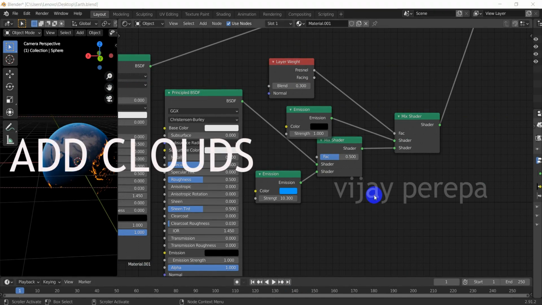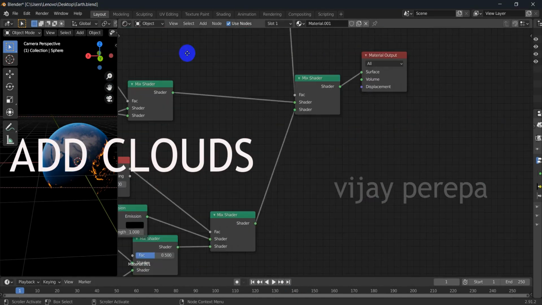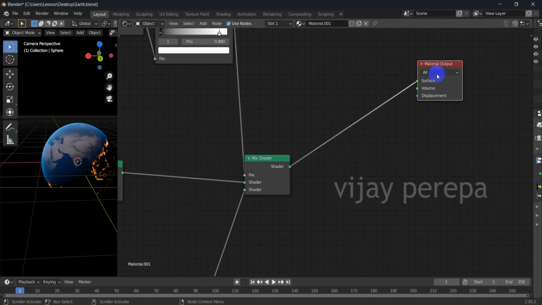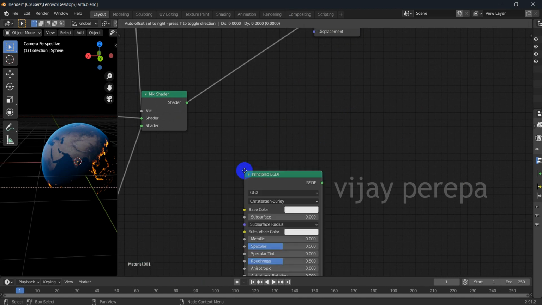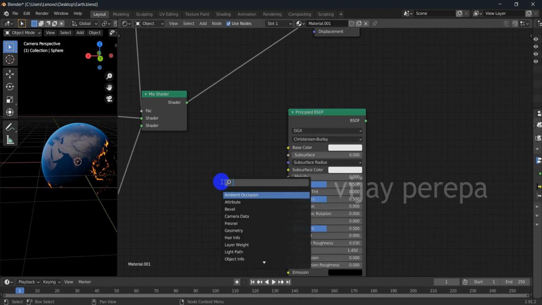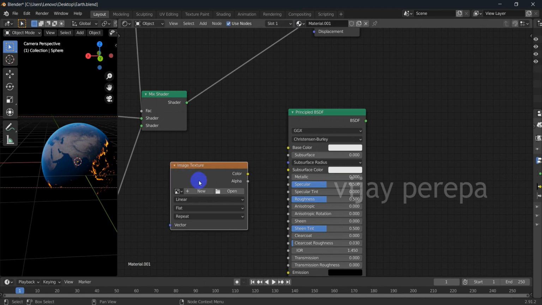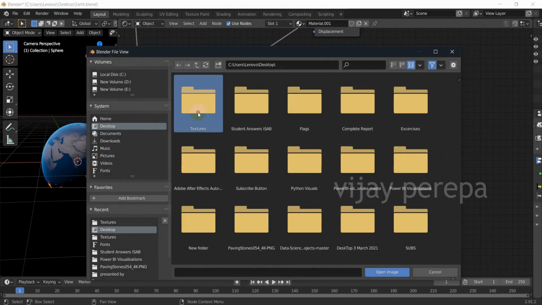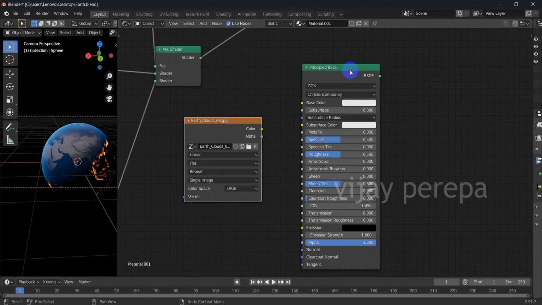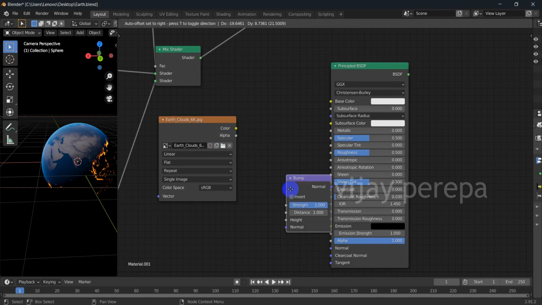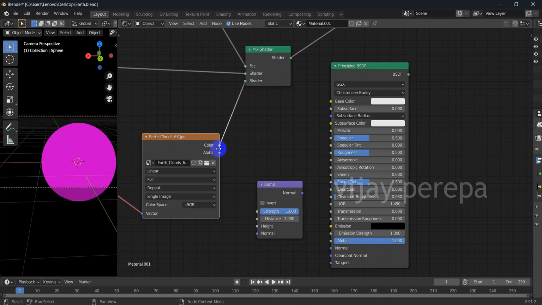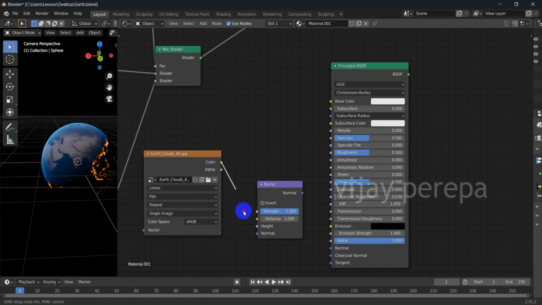Finally, I need to add the clouds. So for that, let me bring the window here and then Shift A, principled BSDF, and then one image texture, and the image will be attached to the clouds, and the cloud should be bumpy, so I'm adding a bump node, and then color to normal, height, and normal to normal.